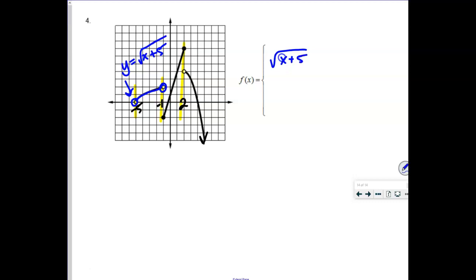But this function only exists for x's between -5 and -1, so you've got to show me your sandwich inequality, and there's open circles on both. So between -5 and -1 in that little sandwich notation. And then we've got this little line, which we know